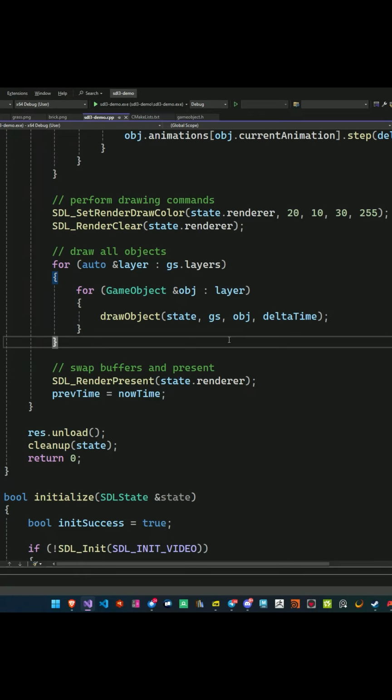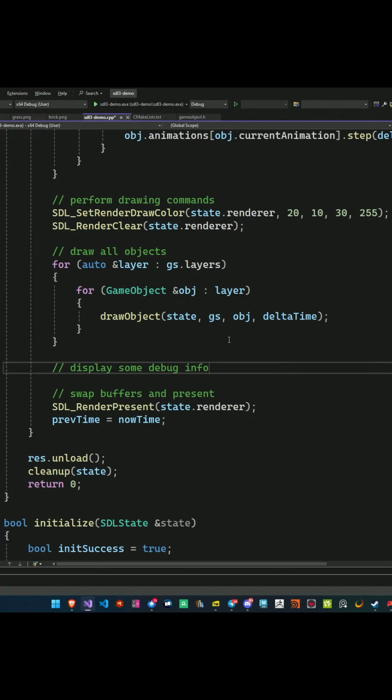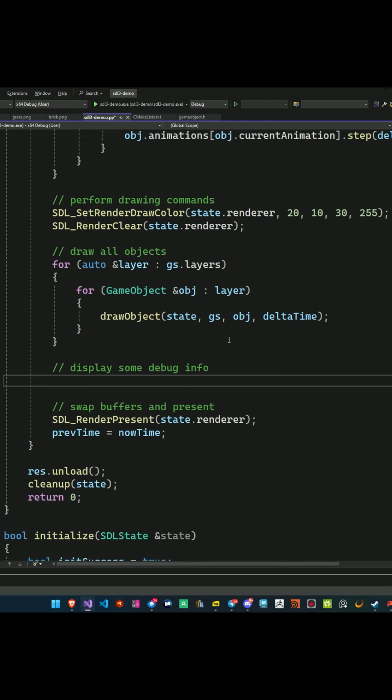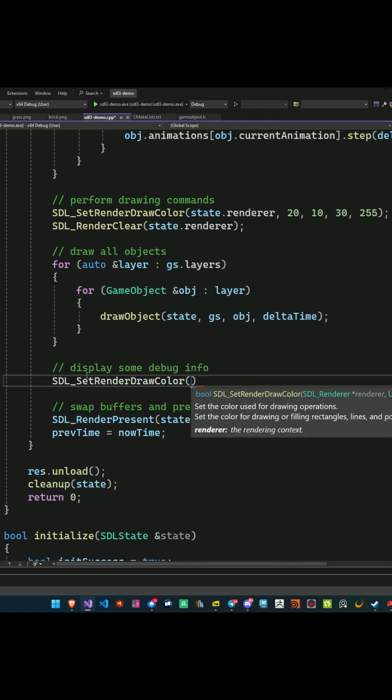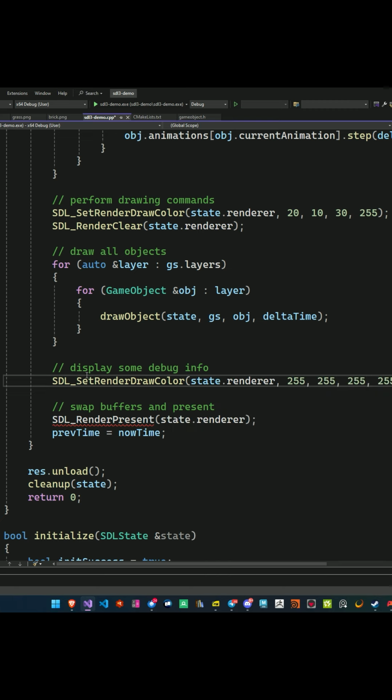This is a good time to show how we can display some useful information that can help us debug problems with our gameplay. We're going to display some basic text on the screen, so we're going to head down to our code right before our render present, and we're going to call a couple of functions. First we call SDL set render draw color, passing in our renderer, and 255 for all color components for pure